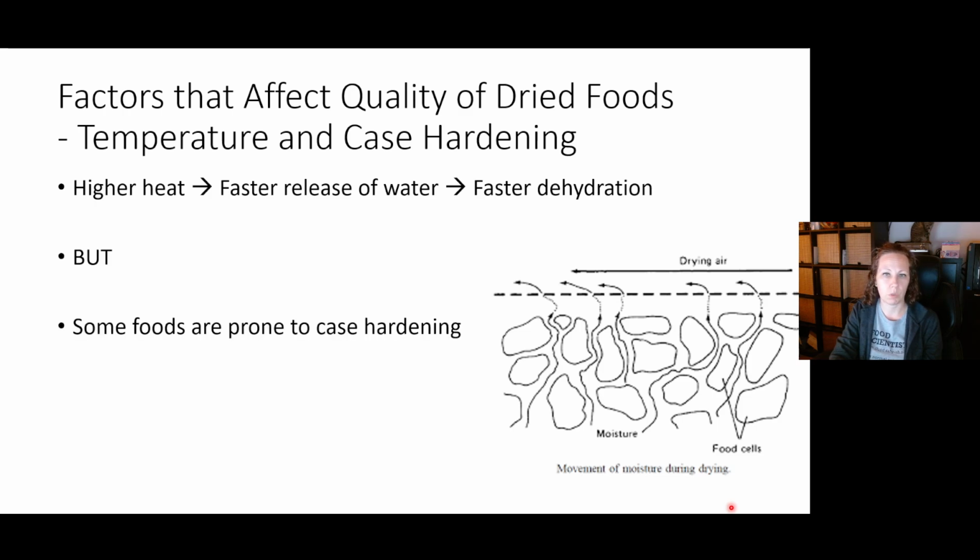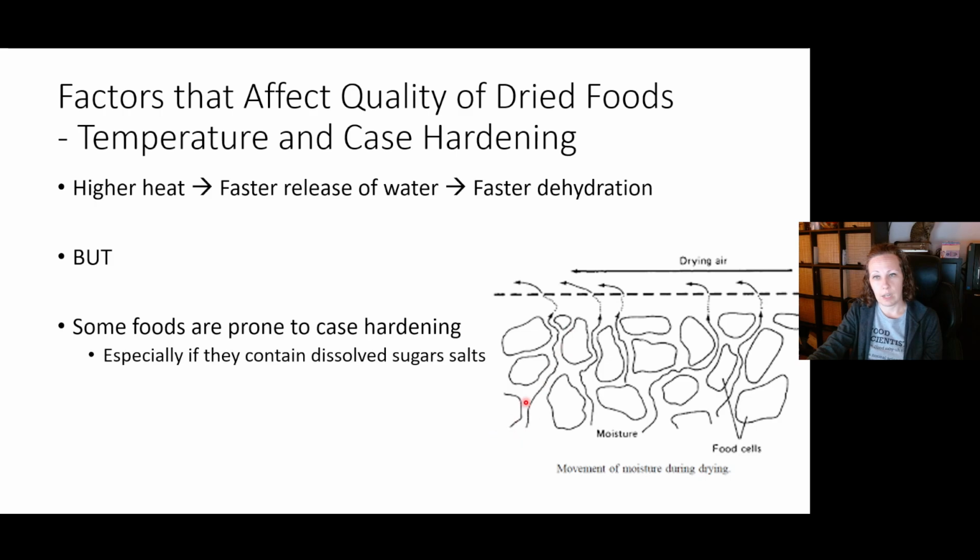Some foods are prone to what's called case hardening. What happens with these foods is that there are dissolved sugars or salts that are part of the food, just in solution in the food. Here's this food, and here are the solid particles in the food. That's what these irregular shapes are. And the moisture is going through just small areas where it can escape, between these solid particles. And what happens with case hardening is